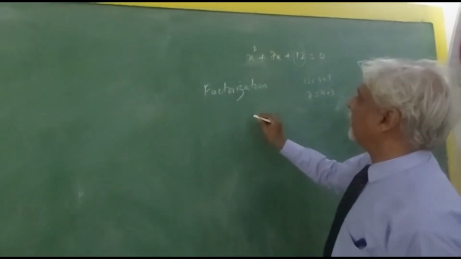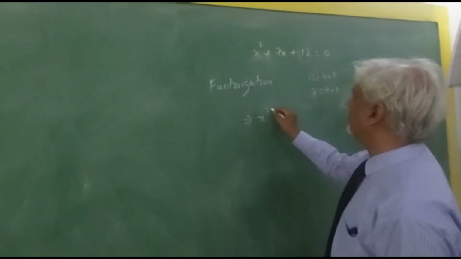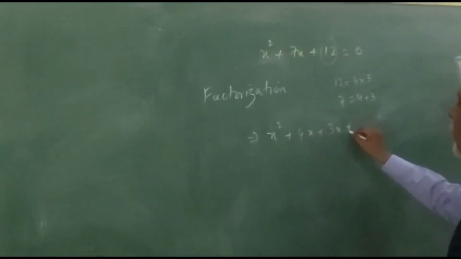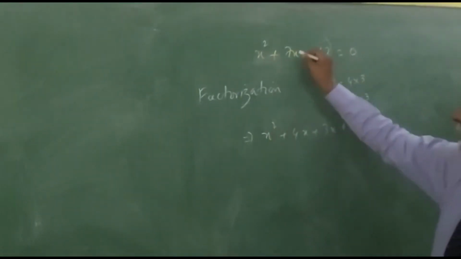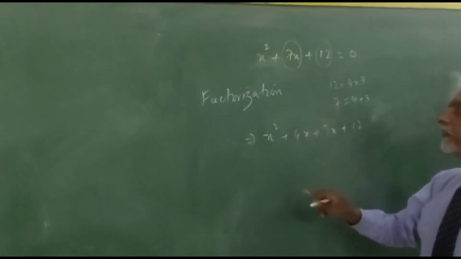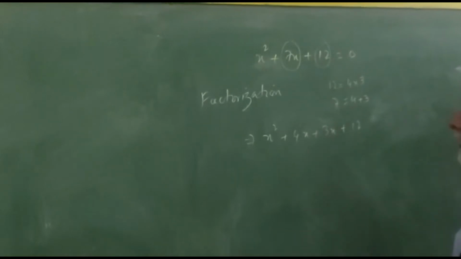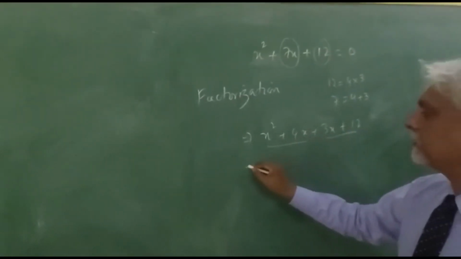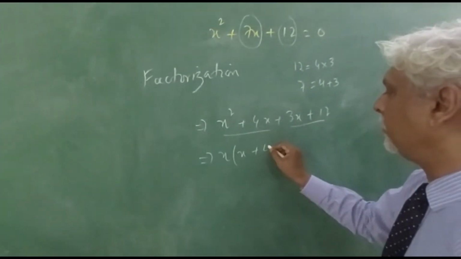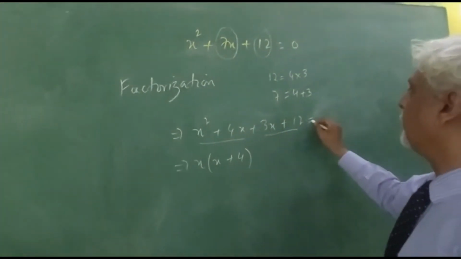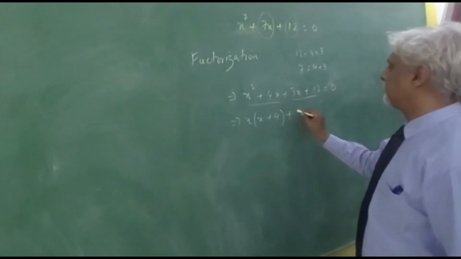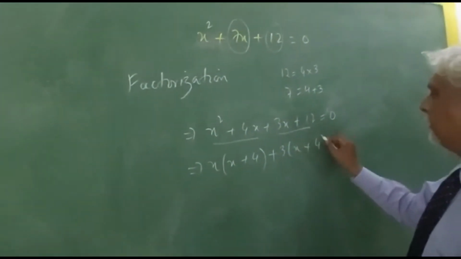So when I solve this, I'll get x squared plus 4x plus 3x, middle term breaking they also call it, plus 12. The end terms will remain as they are, and we have broken the 7x down into two terms. 4x plus 3x will give you 7x, and obviously 4 3s are 12. Now we take common between the first two terms and the last two. So if I take common, I'll get x plus 4, and remember this is equal to 0, we are solving it, we are not factorizing it, so we have to put it equal to 0. Plus 3 is common, so x plus 3, 4 3s are 12, equals 0.